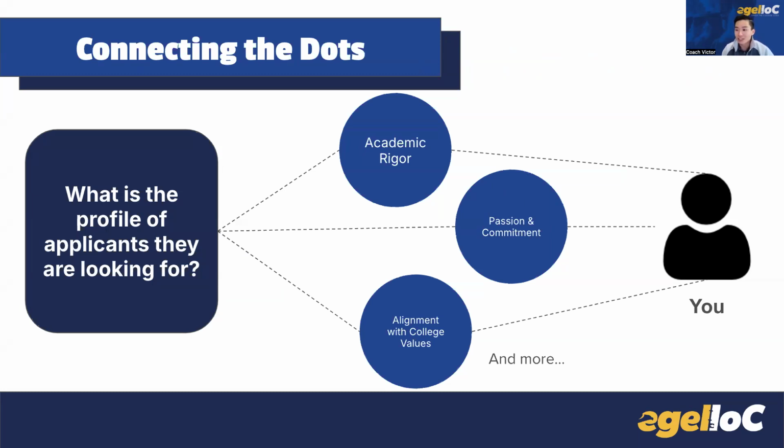There isn't necessarily a cookie-cutter profile that Ivy League admissions are really looking for. But what we do want to understand are these general, broad characteristics. First, strong academic rigor, meaning can you actually handle the amount of college rigor that's expected at a university? We just want to make sure that you can graduate on time. Second, do you have a passion and commitment towards service, or some particular need or mission that you want to accomplish? And lastly, the alignment with the college values,